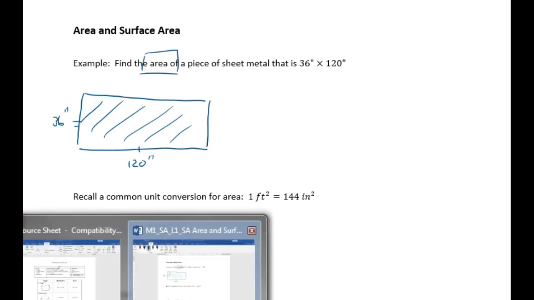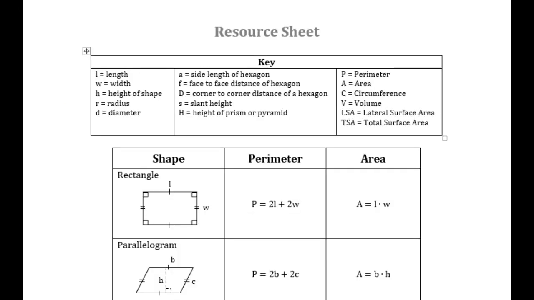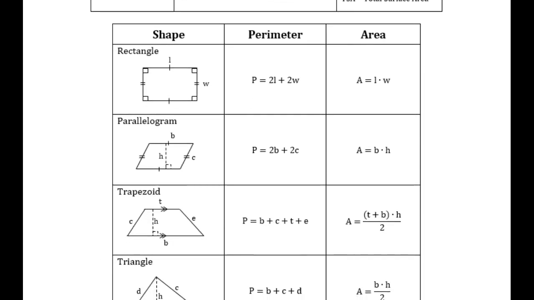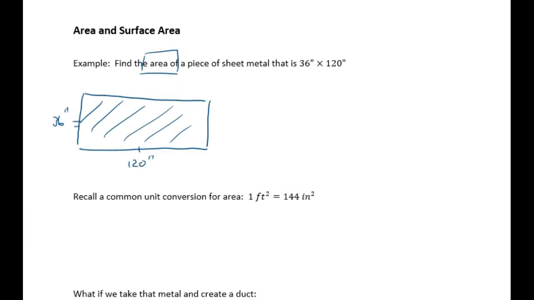So if we go to our resource sheet and look at our area formulas, we're dealing with a rectangle. The area of a rectangle, the formula is given as length times width. So let's apply that to our actual example. We are going to look at the area of this particular sheet metal, which is length multiplied by width. Our length given in the question is 36 inches, and our width is 120 inches. So 36 times 120, we put that into our calculator, and we end up getting